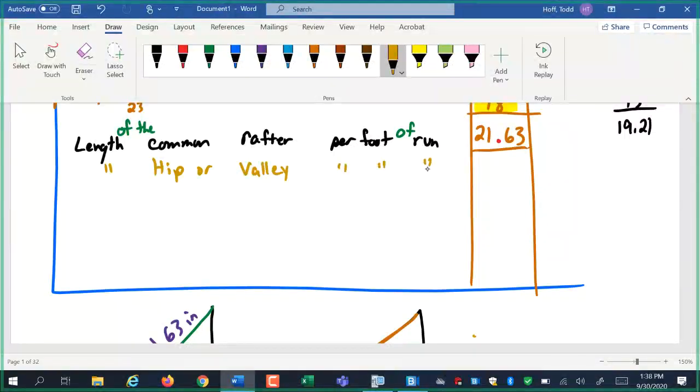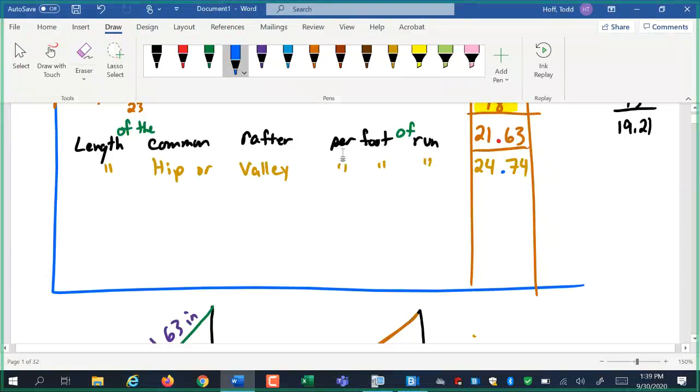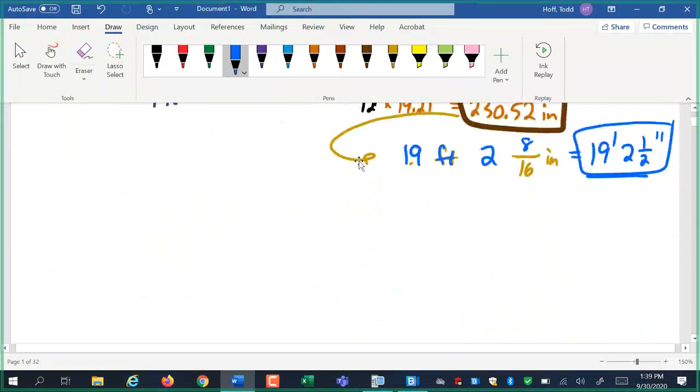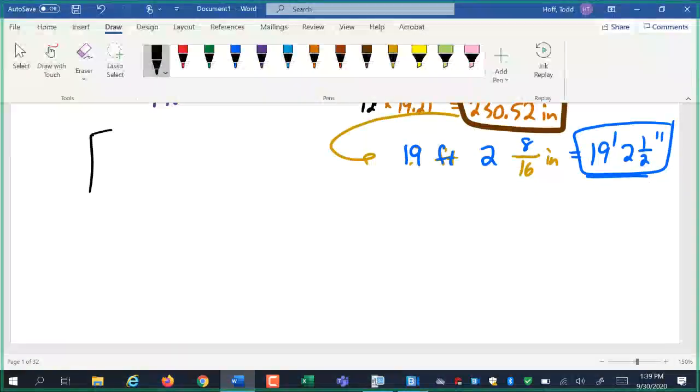Those little quotes just mean repeating the same words from above. So the length of the hip or valley per foot of run, underneath the 18, that is 24.74. Again, the decimal point isn't written, but it's implied that it's in there. So what that is saying is if you have a hip rafter or a valley rafter, so if I have 2 roofs that come together,